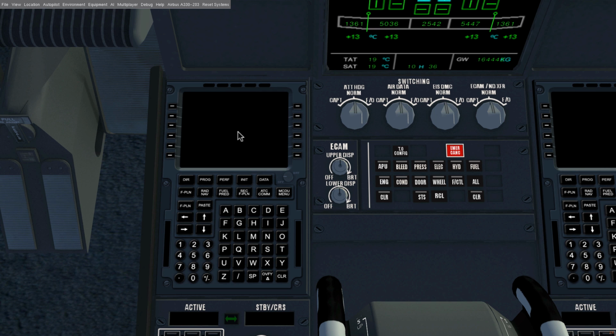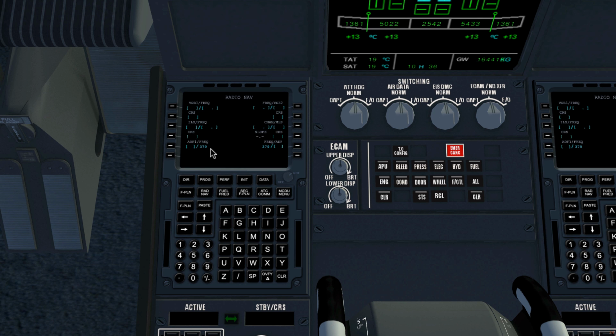There's some things you can configure and some things you actually have to configure before doing an ILS landing on the Airbus planes, which is the same on the A320, A330, also on other planes, but they're not really as advanced in FlightGear. So first of all, scroll over this button or click it to light up the screen. And first of all, go to radio navigation. This is where you'll actually have to enter the ILS frequency and runway heading,